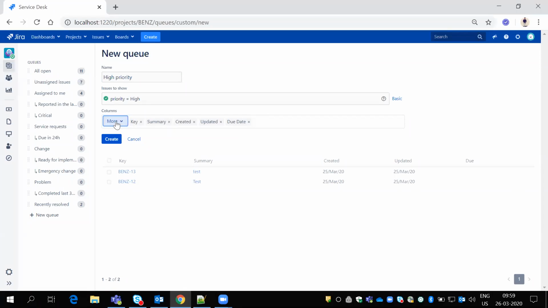If I want to add some extra column like priority, I will add priority here. So the priority will show here. If I move this to priority, it shows key, priority, summary. So whichever columns you want to see, we need to add those columns here. If I create this,